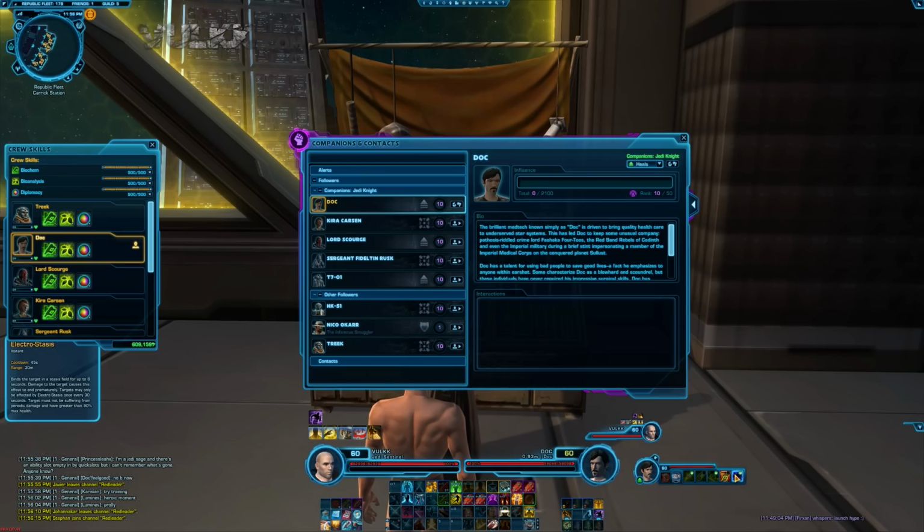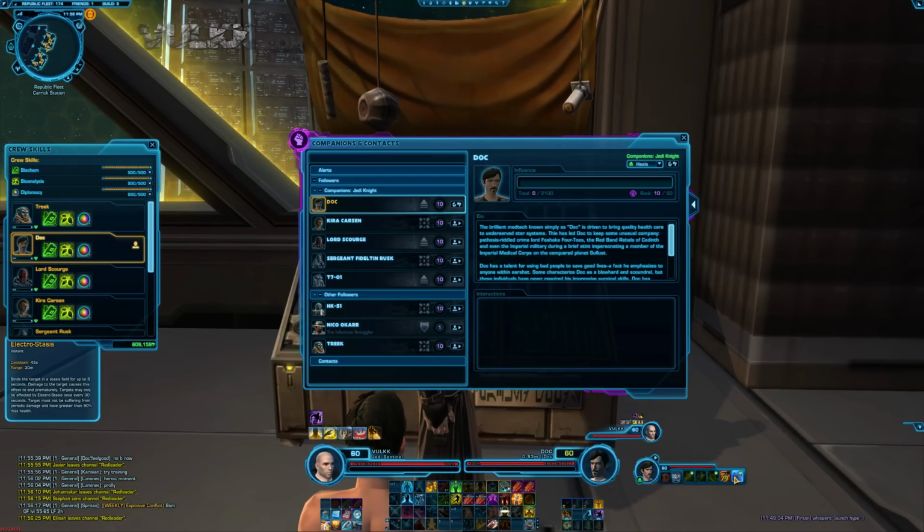It says that this is instant, so I will definitely have to check, or if you've already checked it for yourself, let me know if this is instant or the channel is still 8 seconds. I'm not exactly sure what happens after they stun the mob. Do they benefit again? Do they behave actively again? We'll see. Right, so to change the role of the companion, the easiest way is to just right-click on their